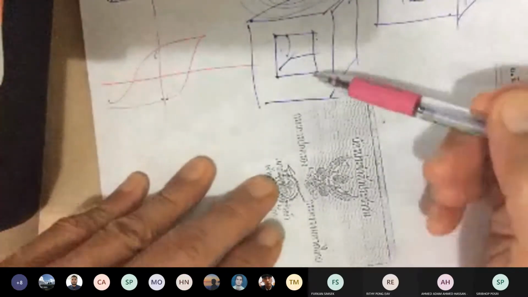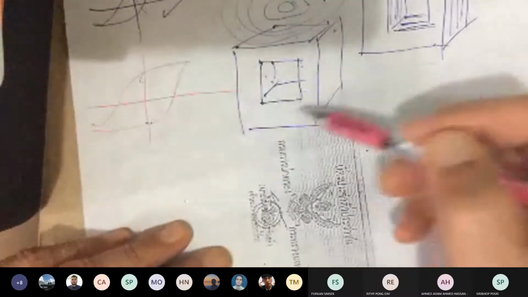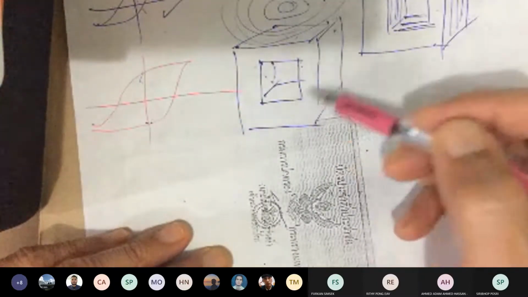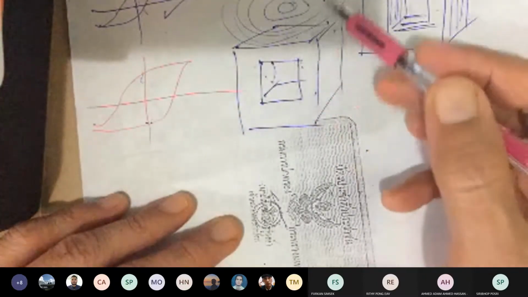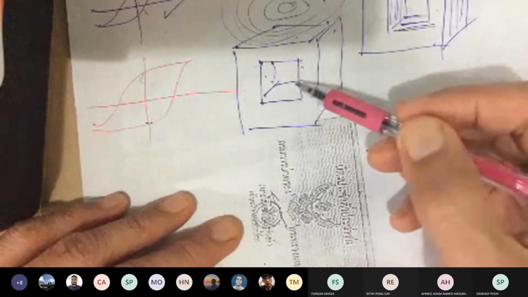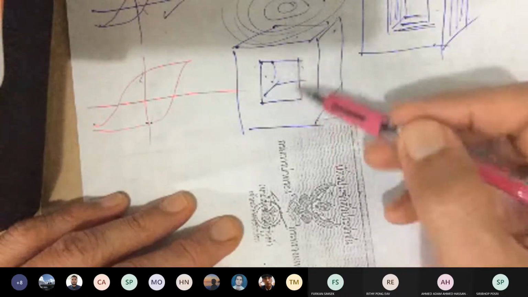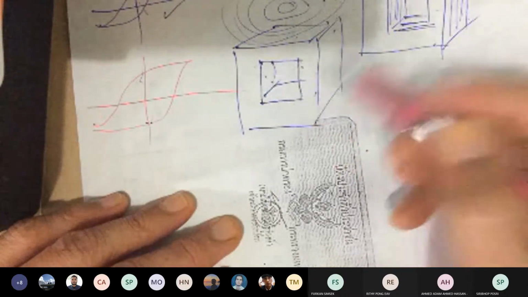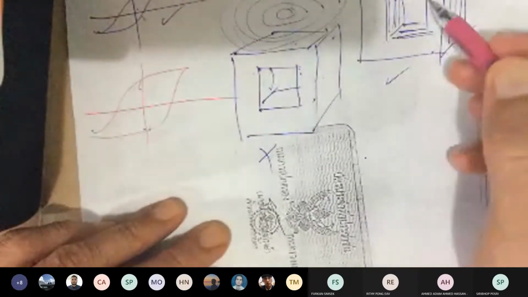because the losses in this core would be very, very high. It's going to generate a lot of heat, a lot of core losses. That's not going to be able to produce any useful machine. So this is incorrect design. This is the right design. These are pretty simple to make. And one more thing,